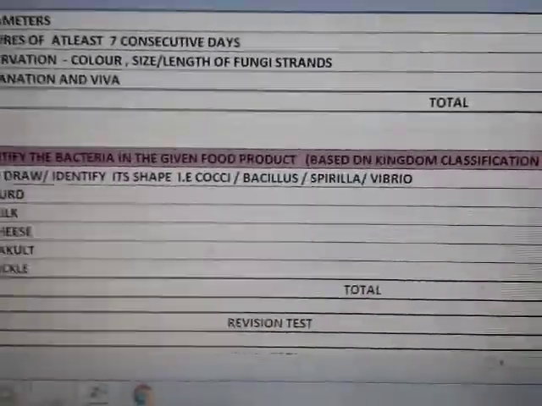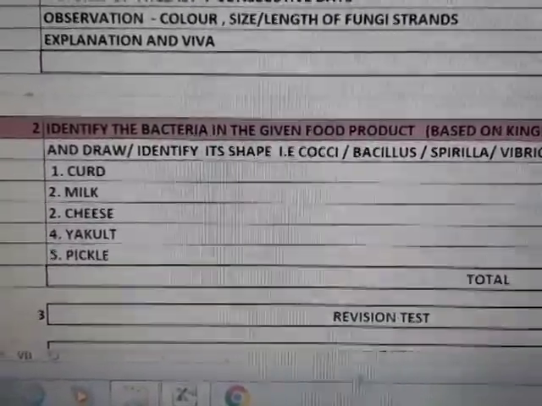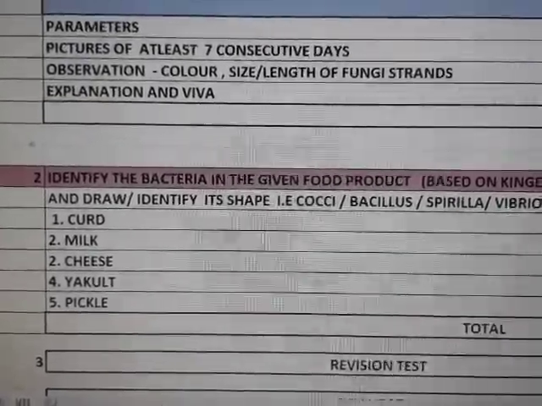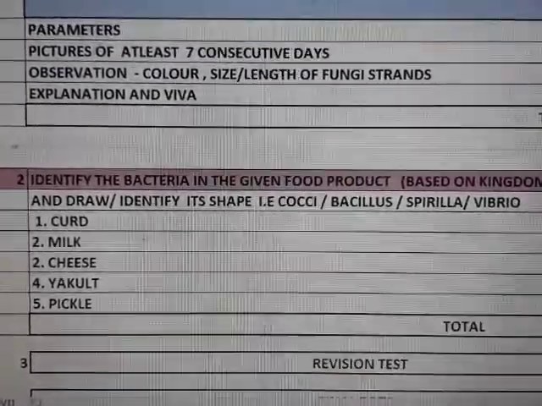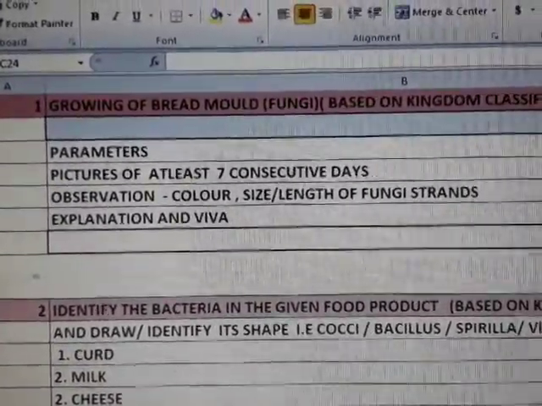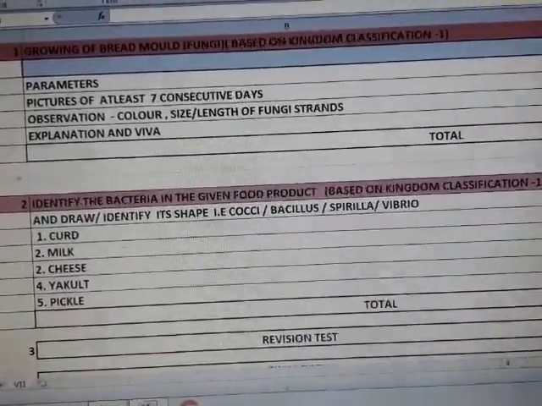Fine then. The second activity is based on a Google test link. That link I am also posting in your Teams. So you have to click the link and attempt the test. Don't forget to give the test. The first activity is something that you have to perform and then fill up the sheet. Now this is the first rubrics. This I am also going to post.